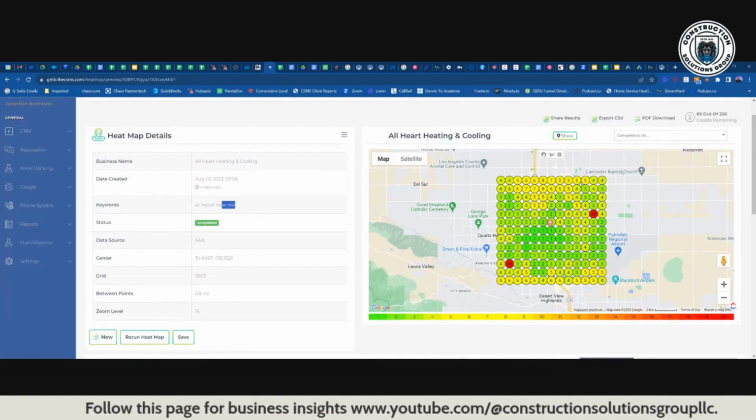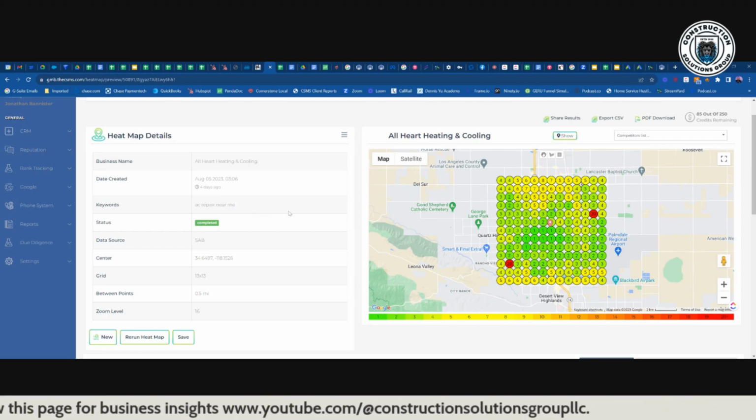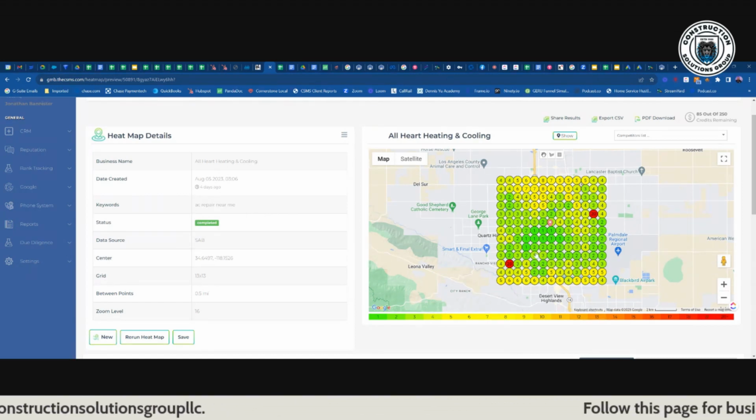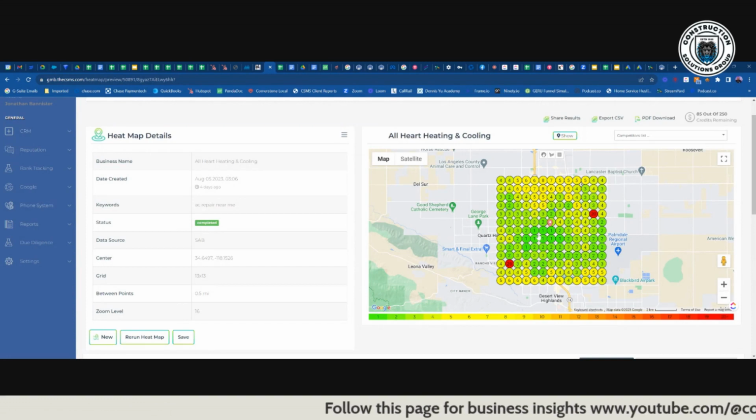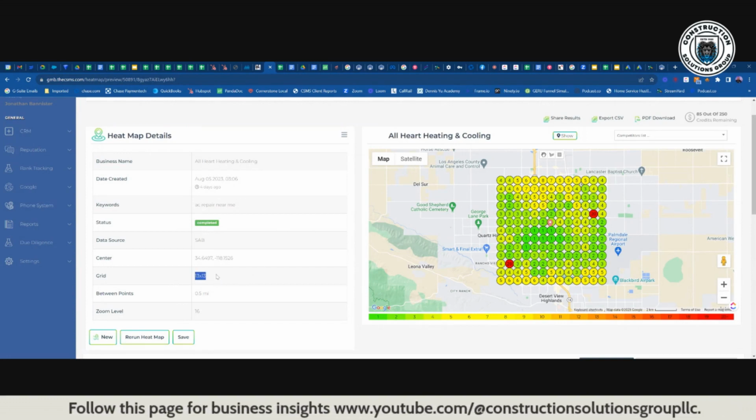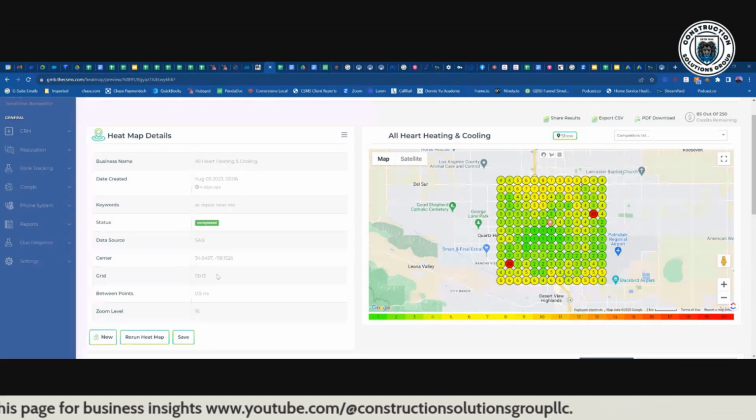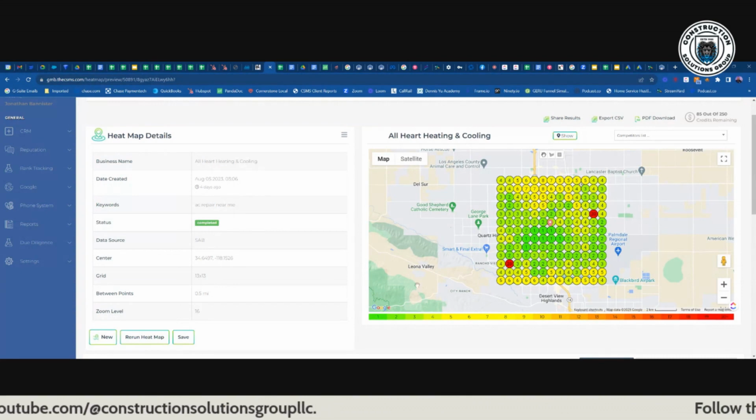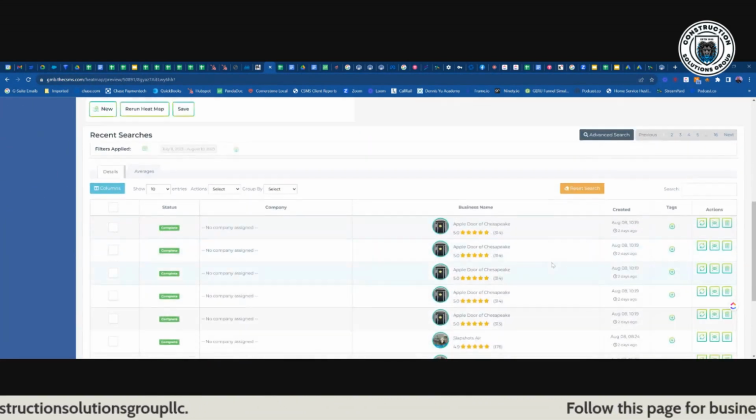And the keyword here. This is a client of ours out in California, and this is for AC repair near me. So you see the colors on here. We want it as green as we possibly can. Now we've run this on the largest level. This is the 13 by 13 grid, so this is covering a very vast area. And then we'll pull up